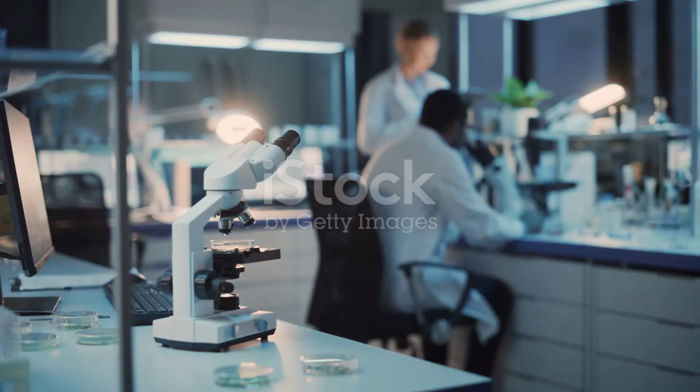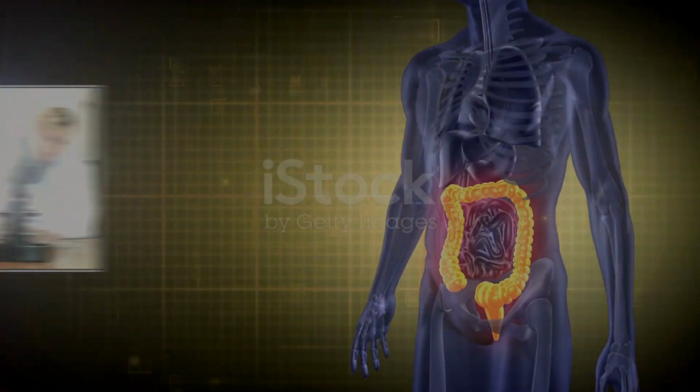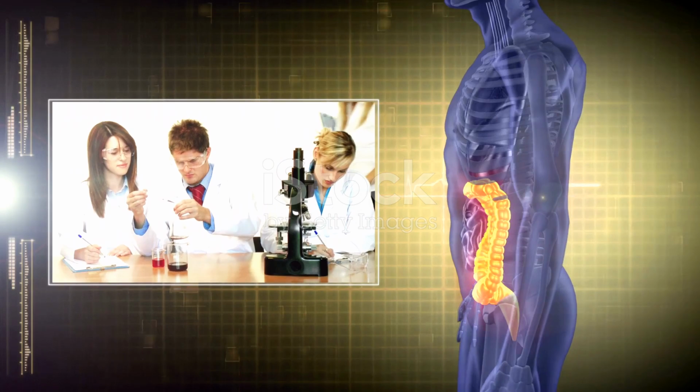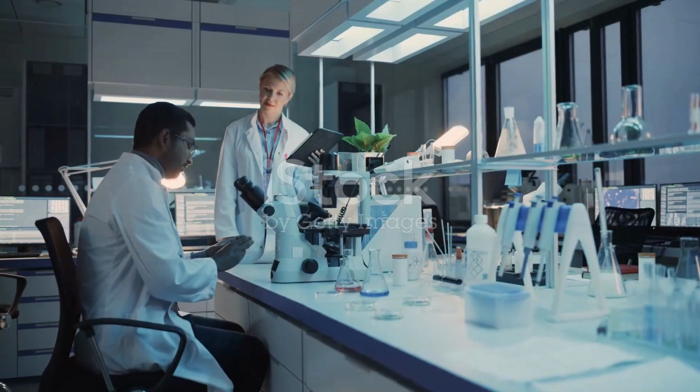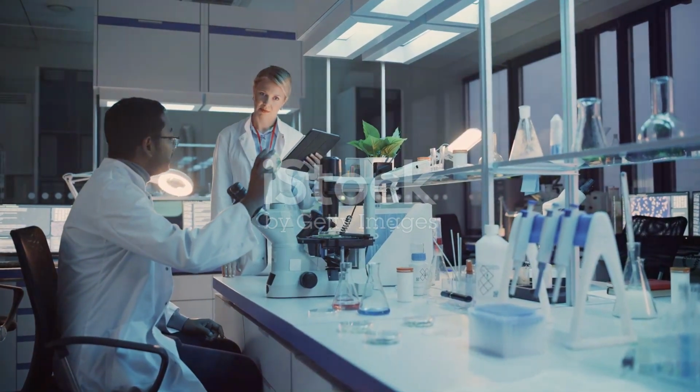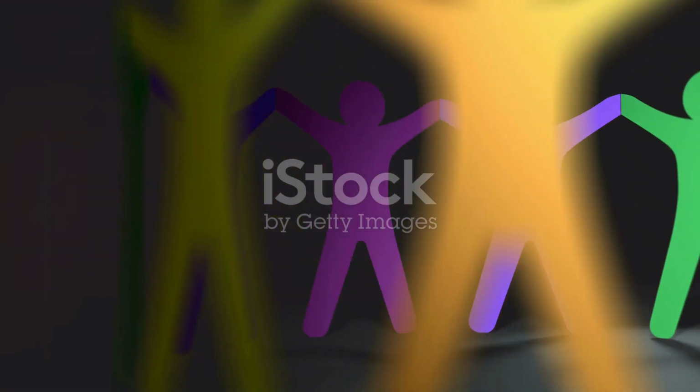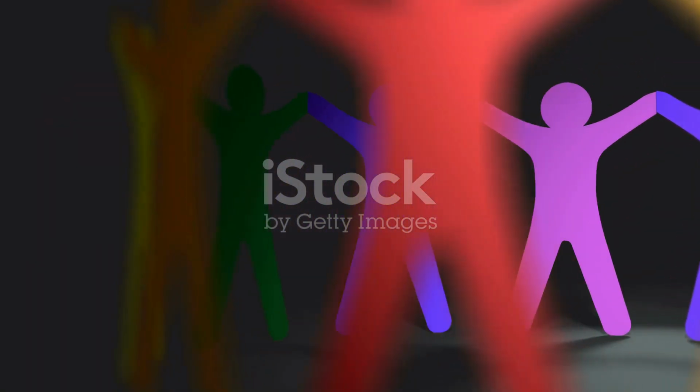Then came the discovery of intersex conditions. These are cases where an individual's sexual anatomy doesn't fit typical definitions of male or female. Some people are born with ambiguous genitalia. Others develop unexpected secondary sex characteristics at puberty. These conditions occur more often than many realize. They show that sex exists on a spectrum, not in two distinct categories.